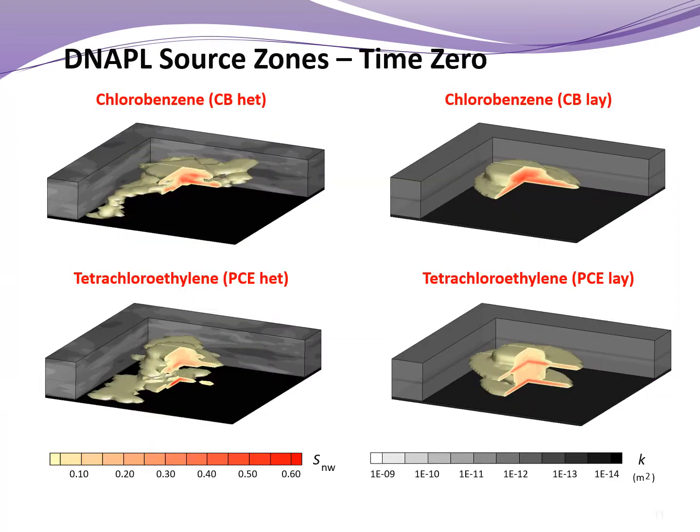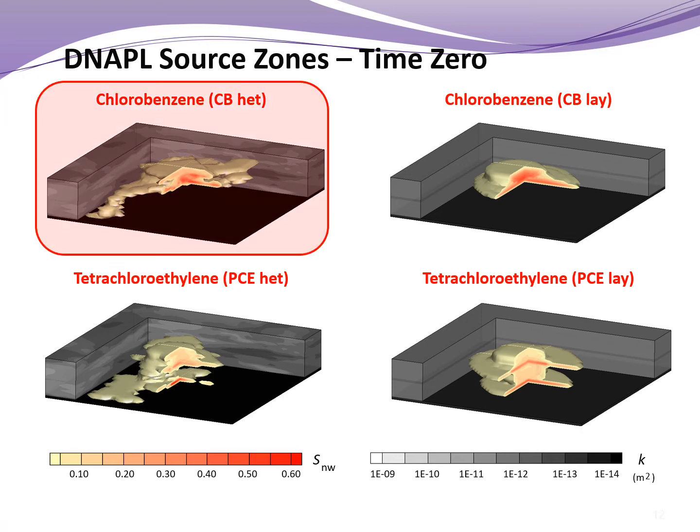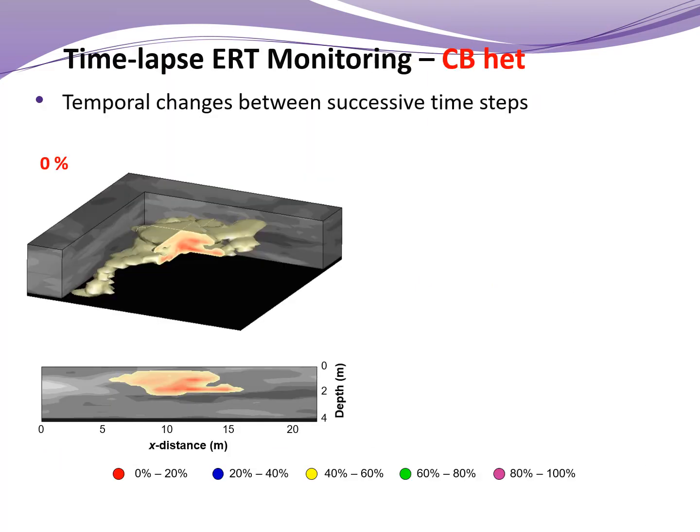So again, just to highlight that with this particular model, we have a lot of flexibility and we can simulate a wide range of different DNAPL scenarios with different DNAPL types and different soil matrices and different soil types. For the purpose of this presentation, I'm just going to quickly summarize one of the spills here, which is a chlorobenzene or CB DNAPL. So this is our time 0 scenario prior to the start of remediation. You can see the 0% DNAPL mass reduction here.